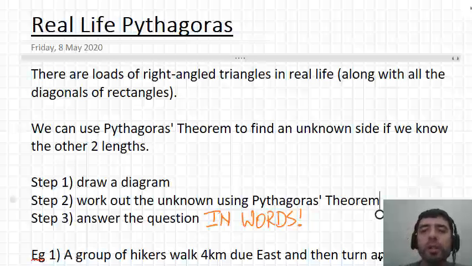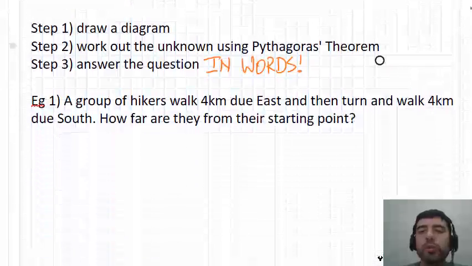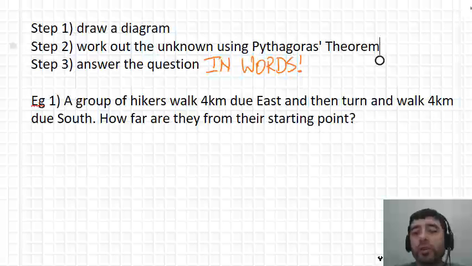Well, the first thing is if we get a question, we will possibly have to draw a diagram. So I'm giving us two examples on the screen where both of them require us to draw the diagram because I want to actually show you an example of doing it, not just give it to you. Some of the questions will come with diagrams, some of them won't. Let's practice not. Then we've got to find where in this real world diagram we actually have Pythagoras' theorem turning up. We do the maths, we work it out,